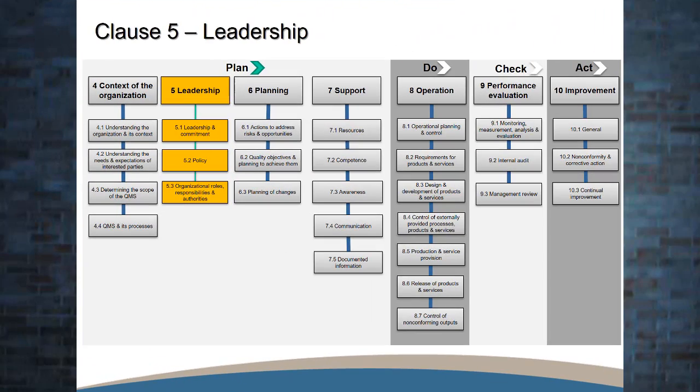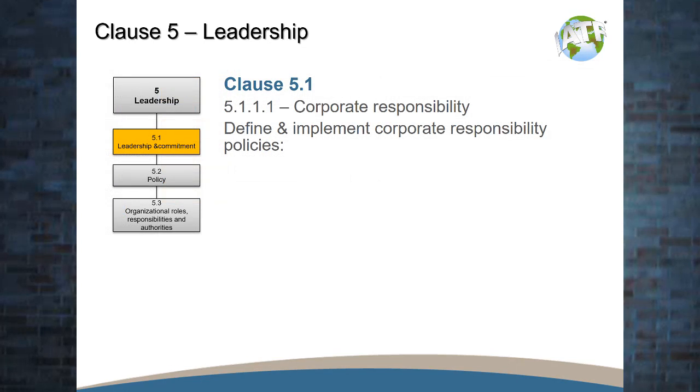Clause 5, leadership. So 5.1.1.1, we see something that is new, and that's corporate responsibility. This is kind of an overlap of ISO 26000, which is social responsibility, but we've got corporate responsibility here.